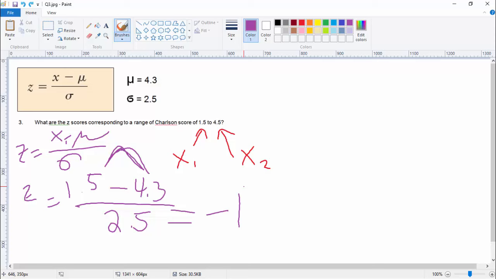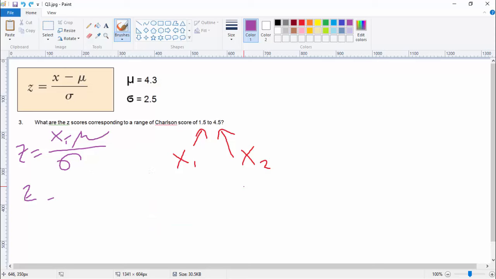Let's just erase all this messy stuff, and we're going to do x2. I'll put this back, but I'm going to choose a different color. Maybe we haven't done orange yet. So we're going to do x2 here. So what was x2? 4.5. So we're going to do z equals